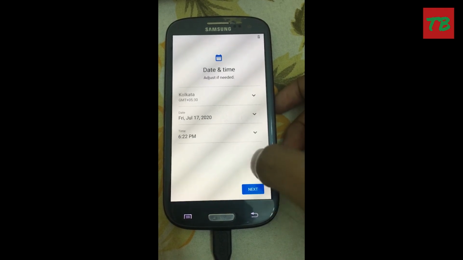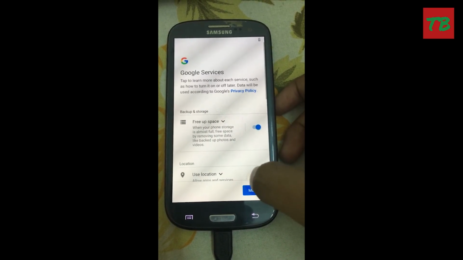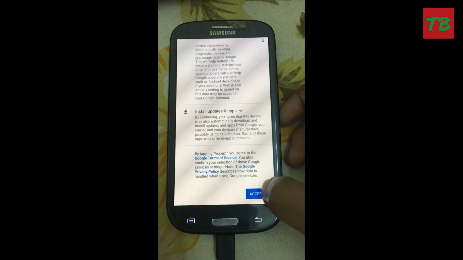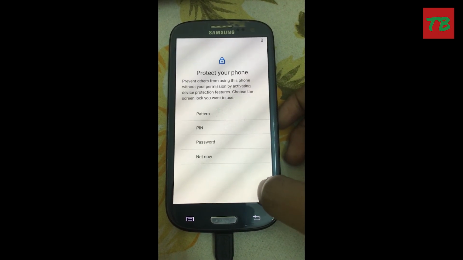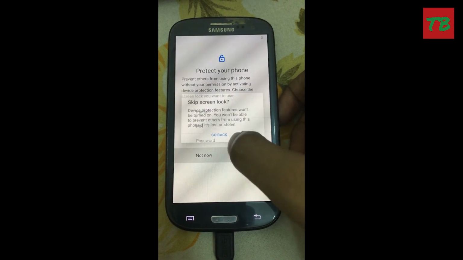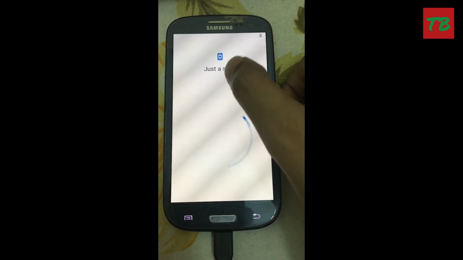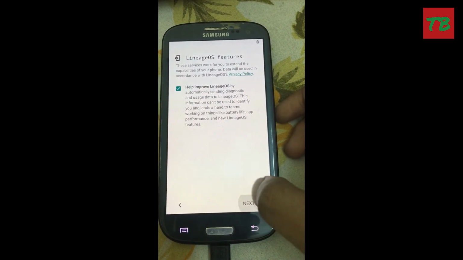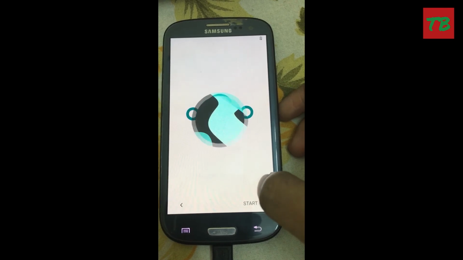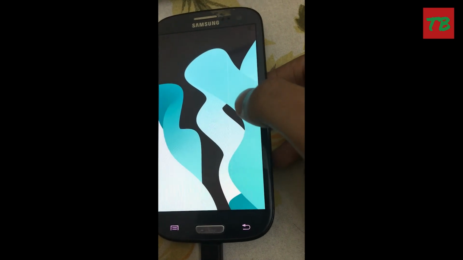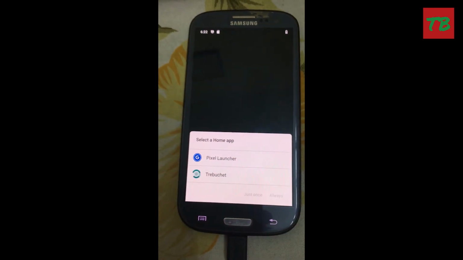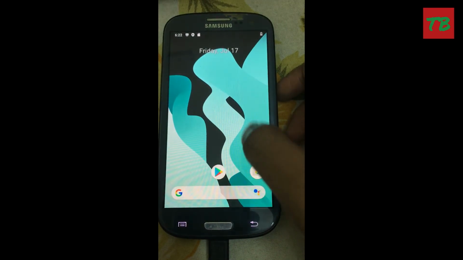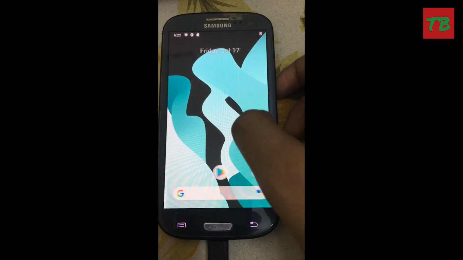So date and time. I'll just do the setup real quick. So I don't want to protect my phone. So this is the phone.